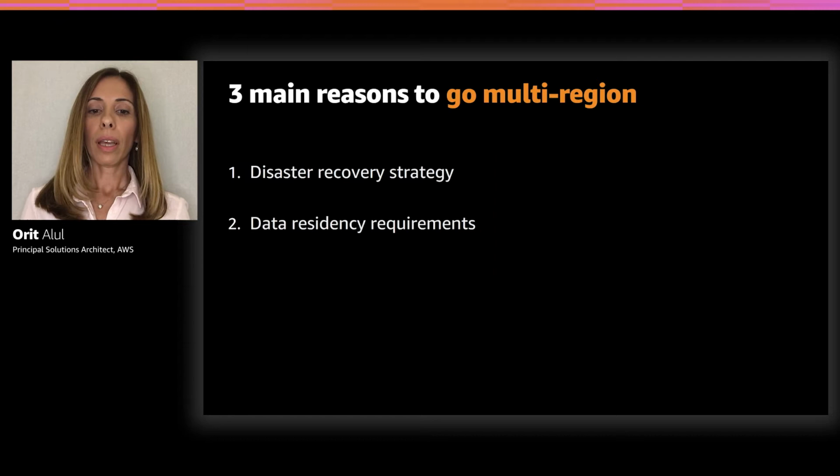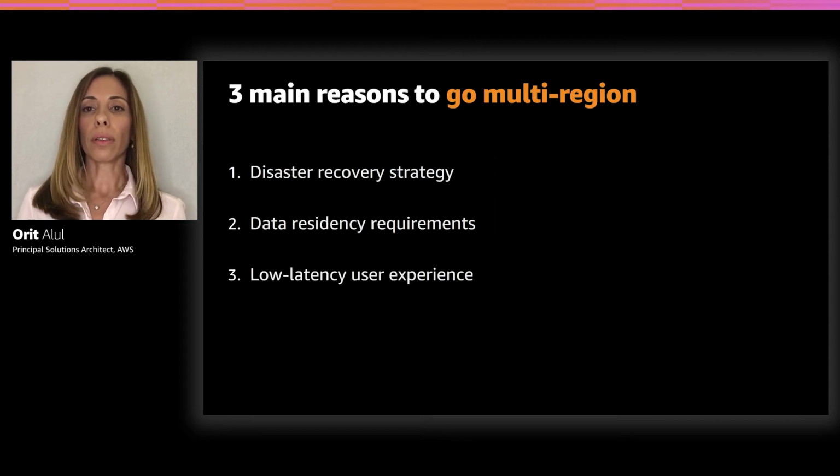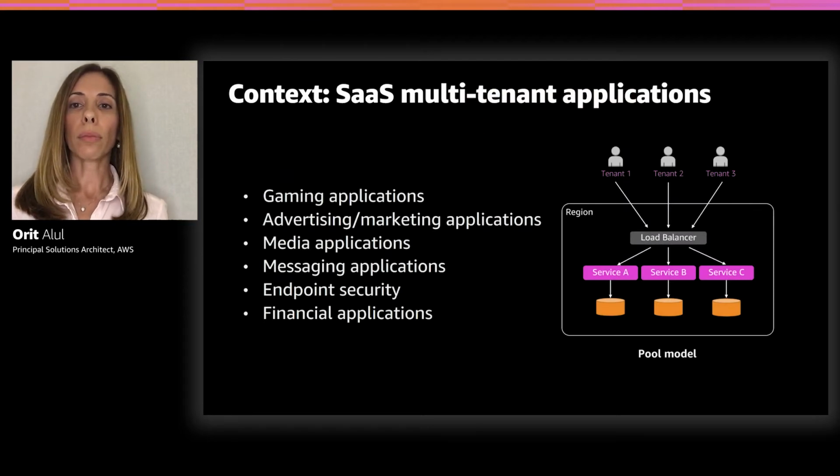Second reason is about data residency. When we have legal or regulatory compliance that requires that data and services must be hosted in specific geographic regions. Third reason that we mentioned before is a good user experience, or fast and smooth user experience when interacting with the application without the overhead of long networking hops. But before we dive into each one of those use cases, let's set some context in place first. Let's assume we have a software as a service multi-tenant application.